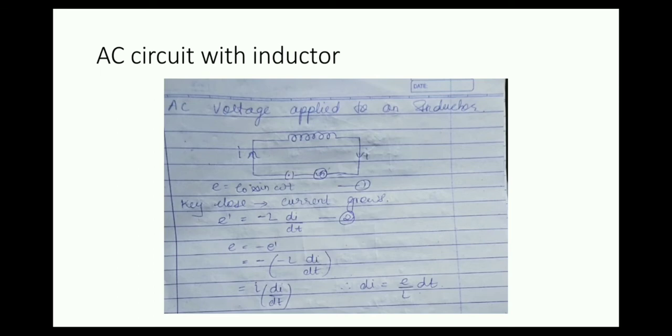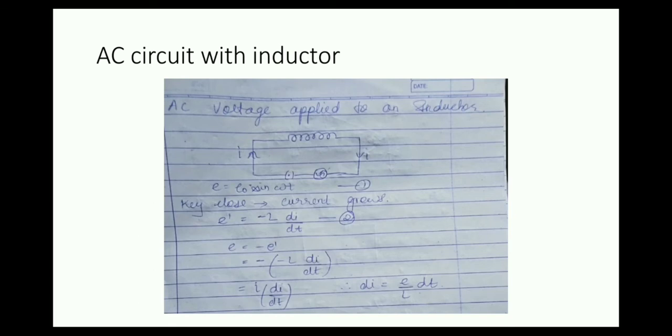The second circuit we are using here is AC applied to an inductor. As we know, the inductor is represented by a series of coil turnings. In this we are going to consider an alternating EMF again, which has been applied across an inductor of self-inductance, say L, as shown in the figure.